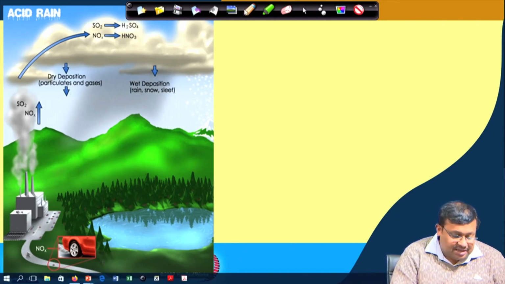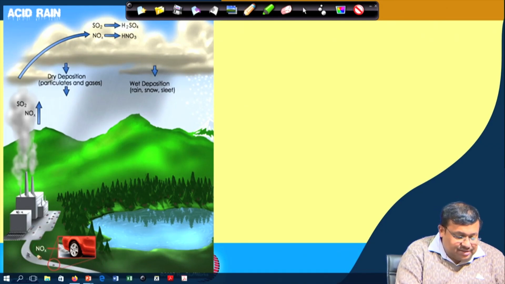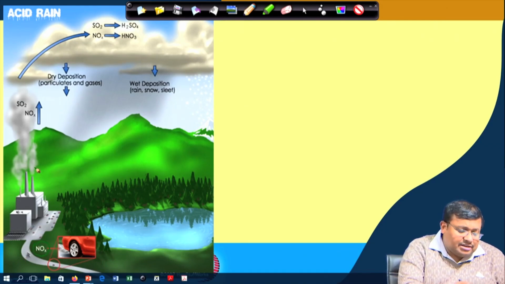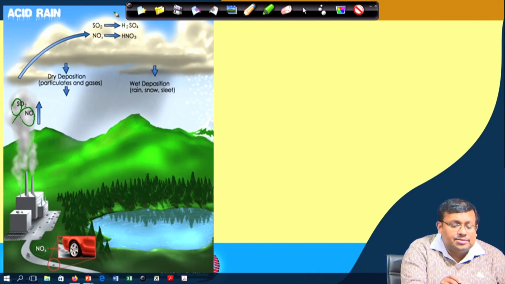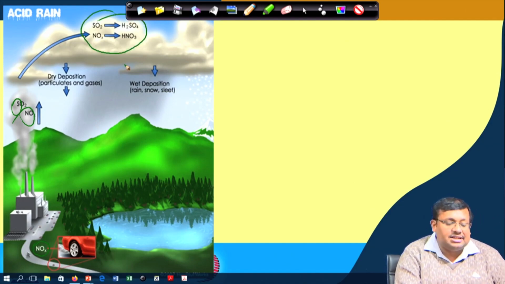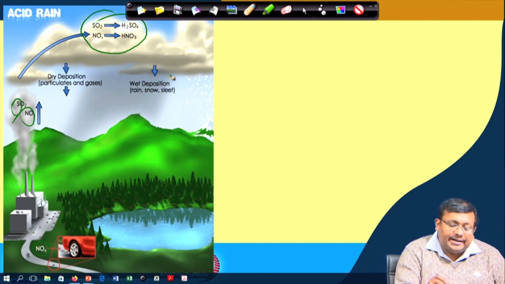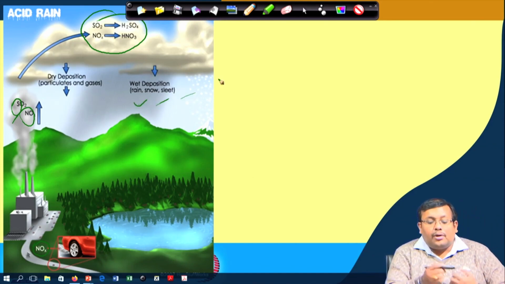As you can see from here, obviously burning of fossil fuels produces nitrogen oxides. Burning of fossil fuels also produces sulfur dioxide and NOx, which ultimately go to the atmosphere and mix with the water vapor to produce sulfuric acid and nitric acid, which can either produce dry deposition in the form of particulates or gases, or wet deposition in the form of rain, snow and sleet. So, this is the total process of